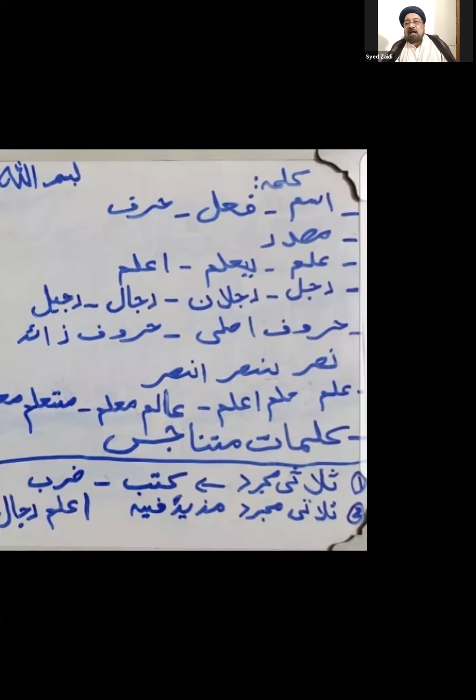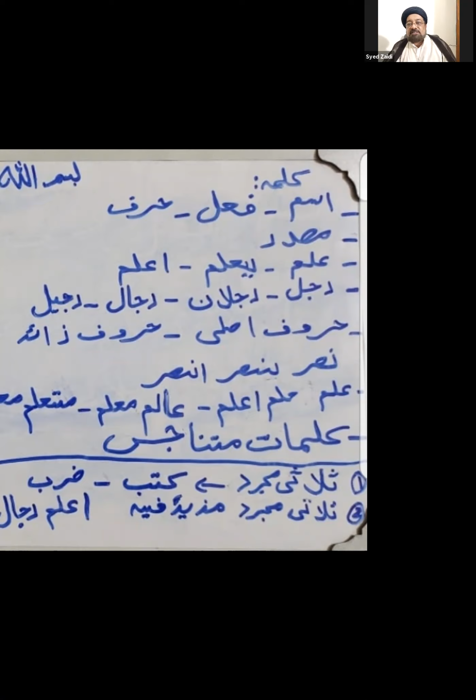We're not discussing harf at the moment. Harf is not the topic in sarf. Only ism and fa'al is the topic. And every ism and fa'al has huruf asli and huruf zaid. Now this was an example from ism. When we move on to fa'al, the next example is from fa'al.